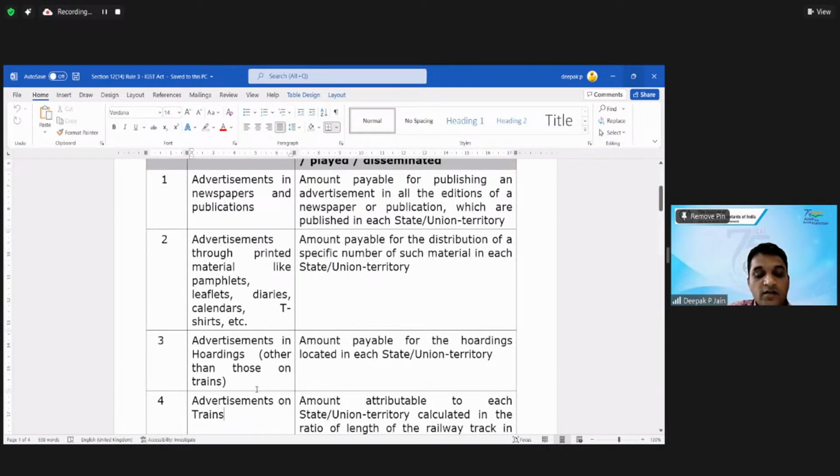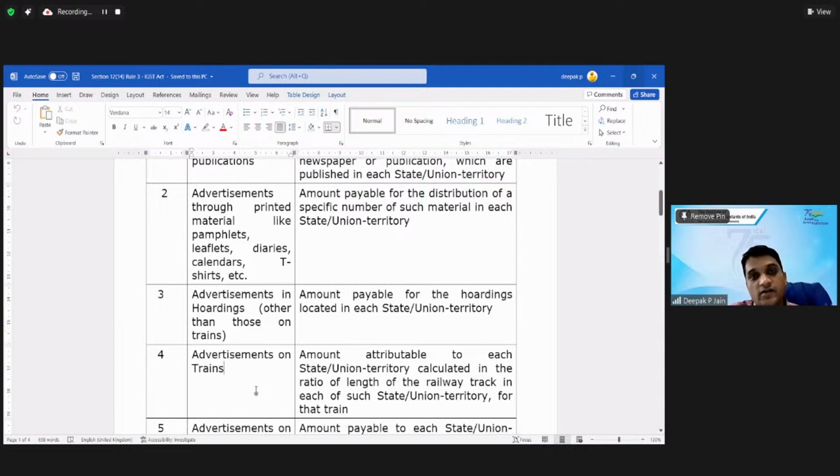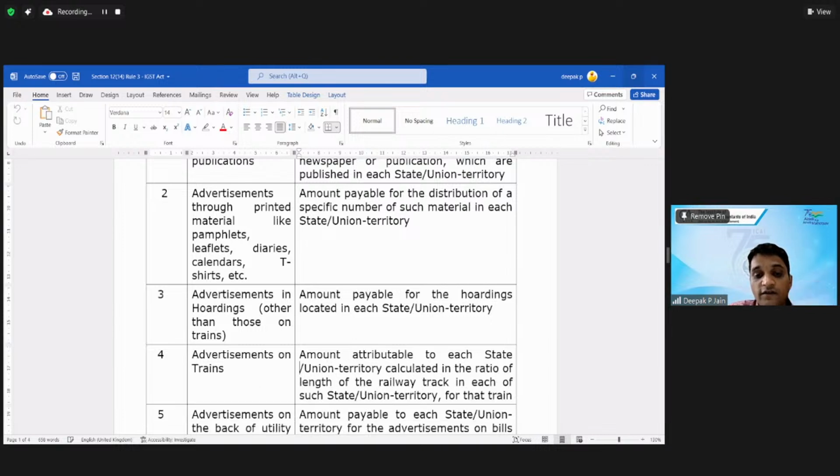Okay. Next, advertisement on trains. Somebody was saying that a lot of Vande Bharat trains, Bharat Jodo trains are there. In that case, the train is running from one state to another state, from Bangalore to Delhi also it will run. So in that case, how do you decide the amounts attributable to each state or union territory? It is calculated in the ratio of, very interesting, in the ratio of length of the railway track in each of the state